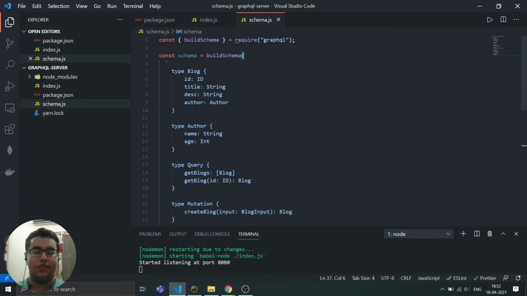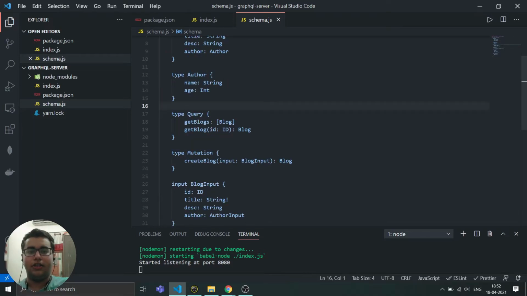So let's revise what we have done. We have created a type blog that will have the following fields, of type ID, string, and author, which is of type author. Then we have type query, and we have queries. We have basically two queries. The first one is getBlogs, which will be returning an array of blogs.